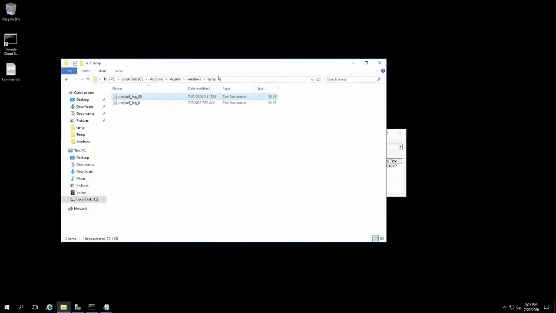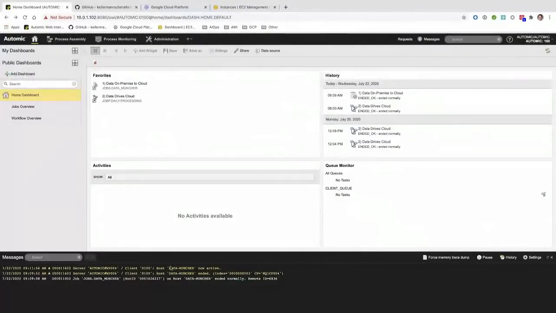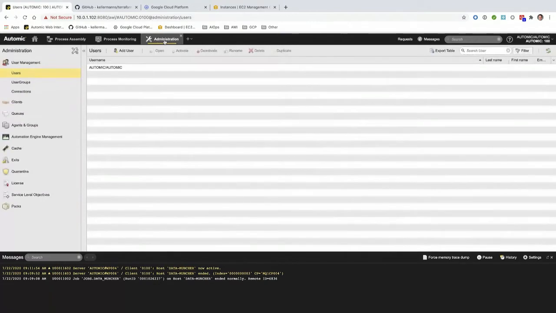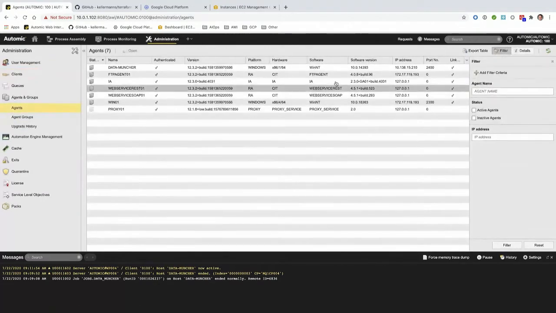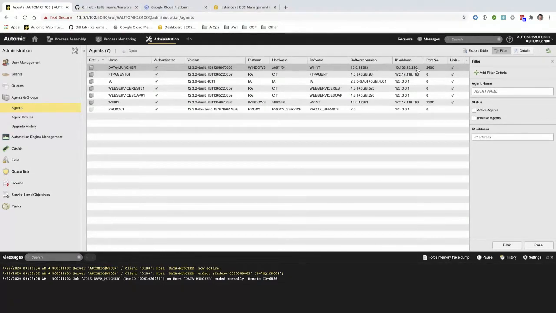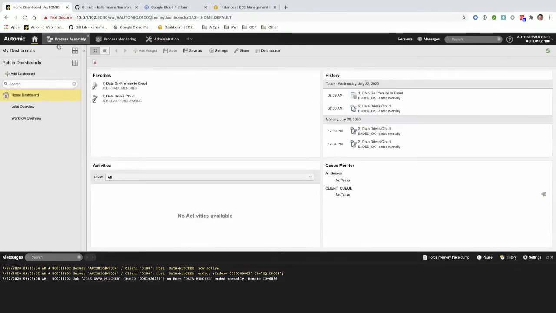And if we go back to Automic, you can see the data muncher ended. That's what we did on the one side, and now it's active. If we go back to the administration panel, you'll notice the IP address changed. So this is now a public IP address out on my Google Cloud server. And if we go back here and submit this job,